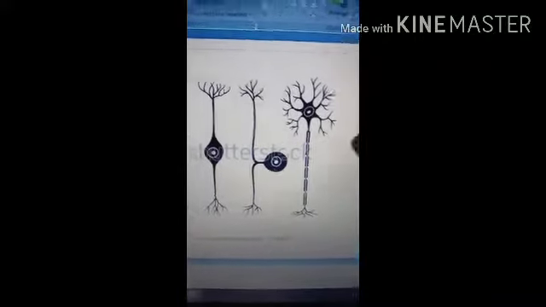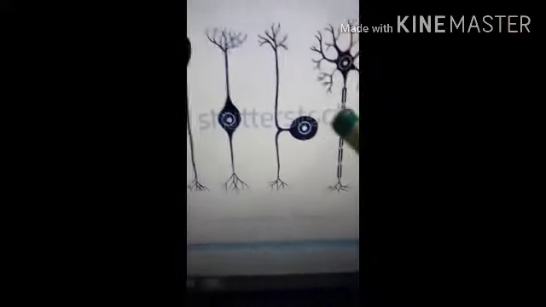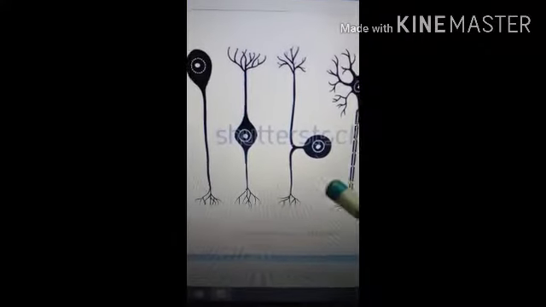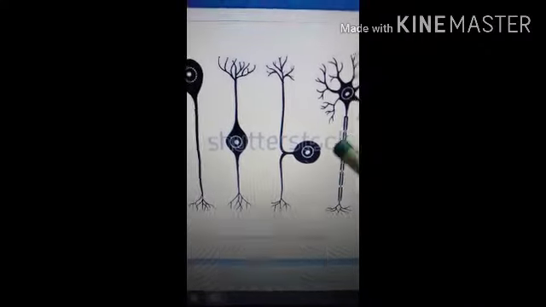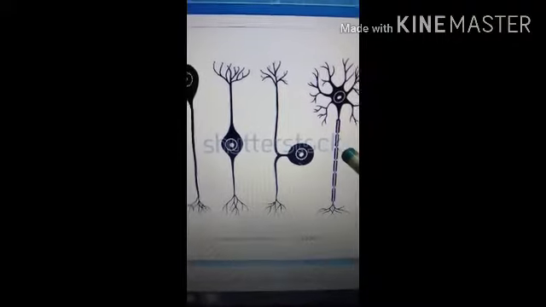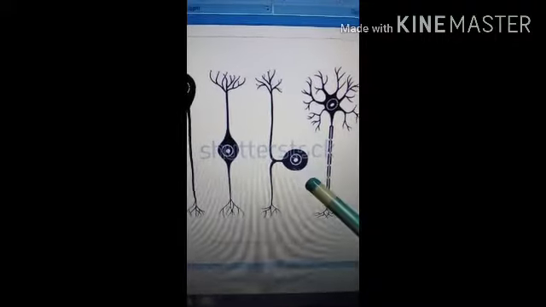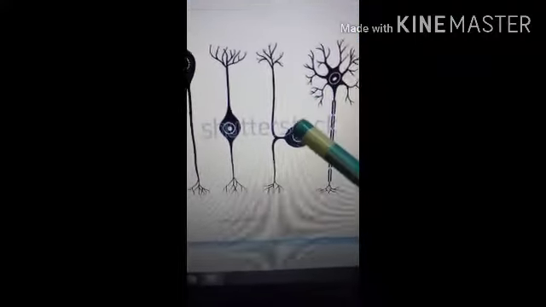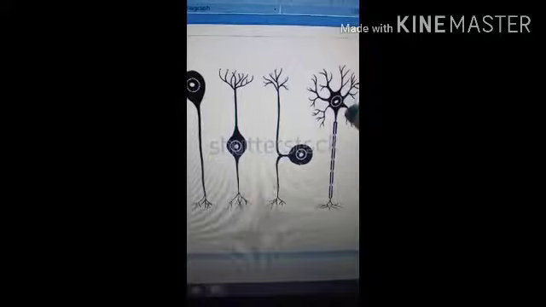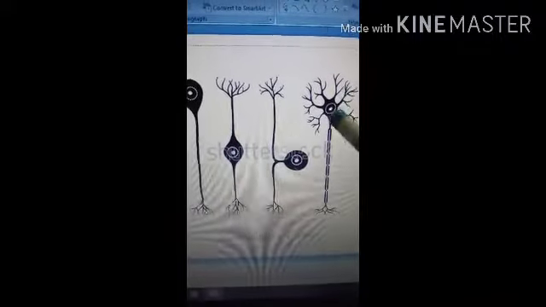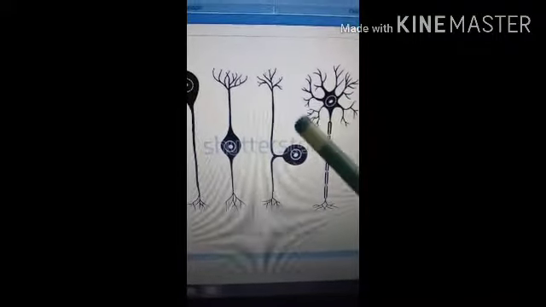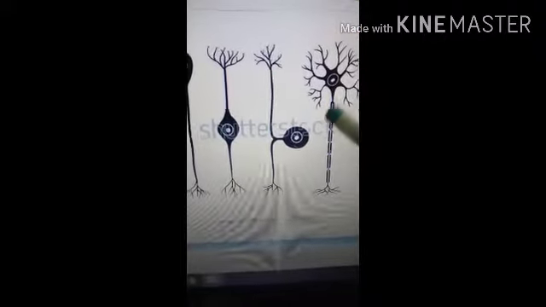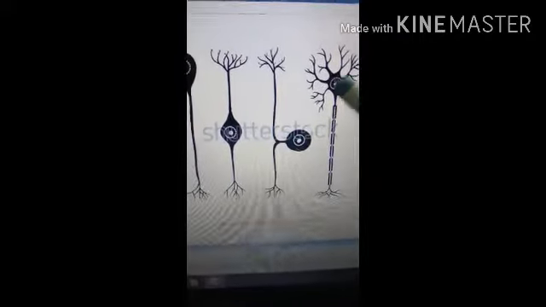And one point is very important related to the neuron: the mature neuron, or mature nerve cells, are incapable of dividing, and therefore they cannot form any type of tumor. So whenever a brain tumor forms, it arises from the neuroglial cells and the immature nerve cells. So this point is very important: the mature nerve cell, or neuron, never divides.